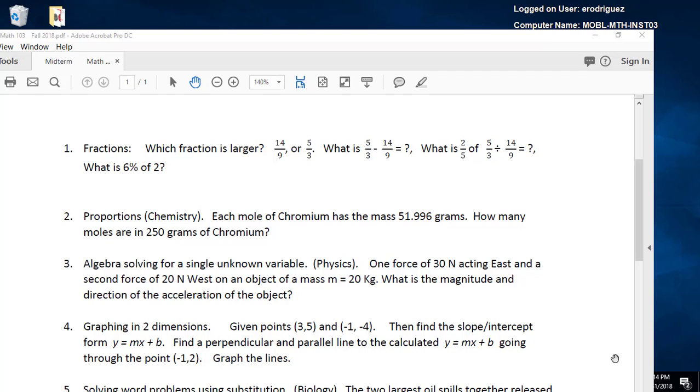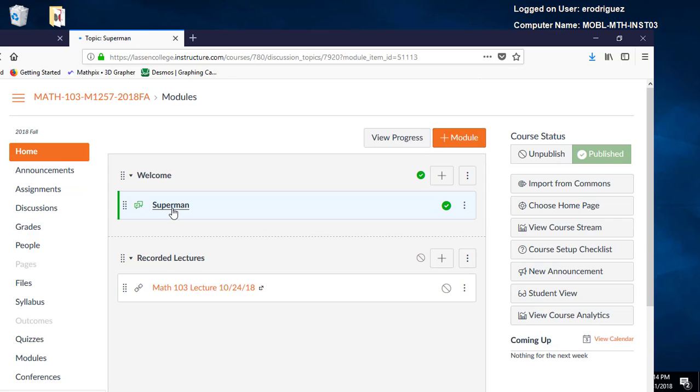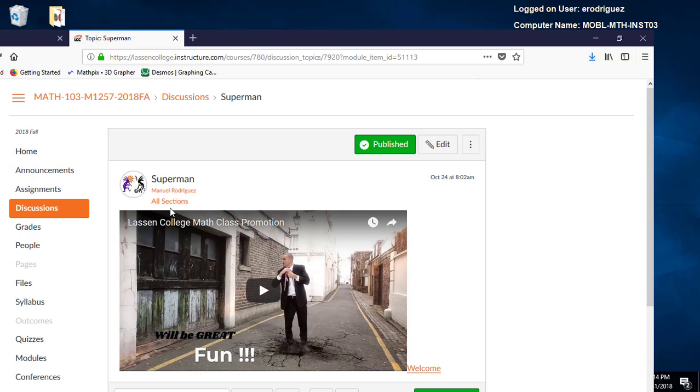This is the midterm that we're having. This is a midterm practice, so learn this by heart because it's going to be almost identical. This will be a week from yesterday, and right now I'm just showing you that you can go to your